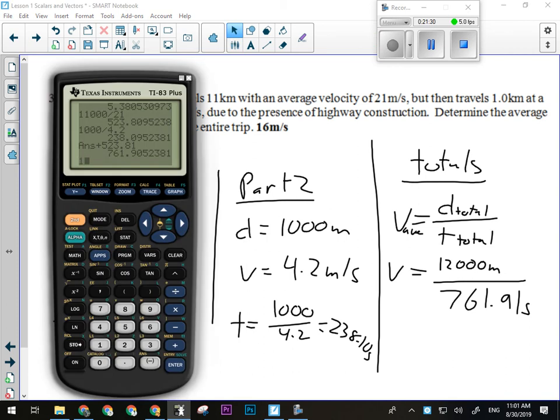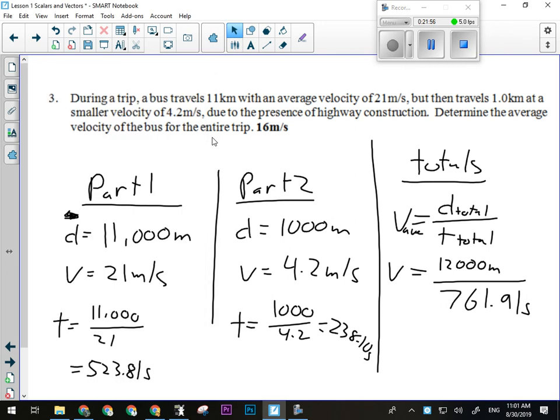So 1,200 divided by my answer. All right, so my average speed, that didn't work out. Oh, because I went 1,200, not 12,000. 1,000 divided by 761. All right, so we're looking at 15.7 meters per second as our average speed for that one, or 16 meters